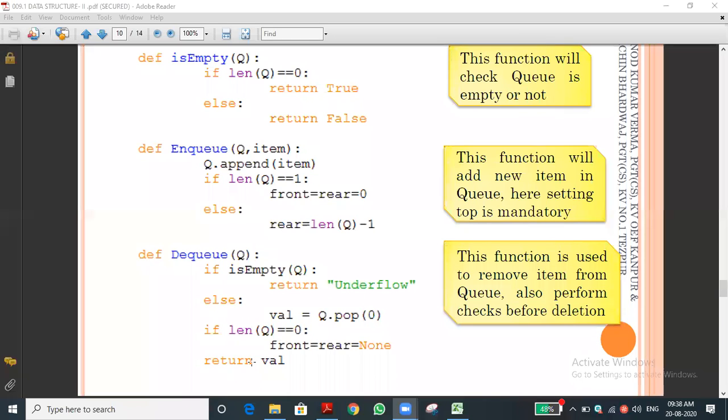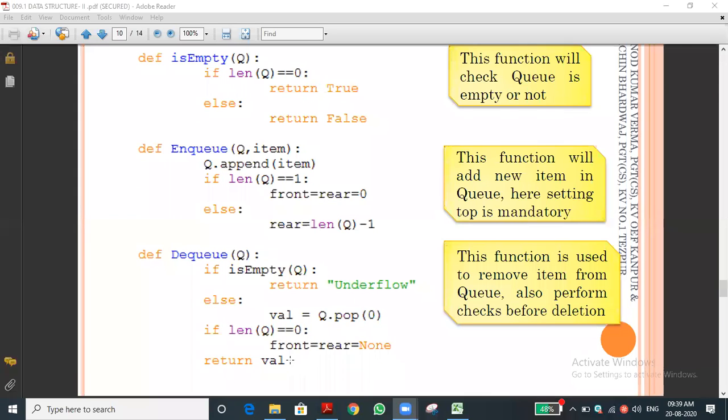Again we are checking the length. If the length of the queue is equal to 0, what is the meaning? The queue doesn't contain any element. Length is 0, correct? Then front and rear are equal to none, so the none value will be stored into them.